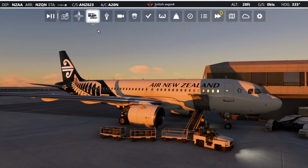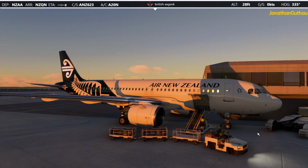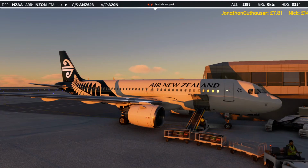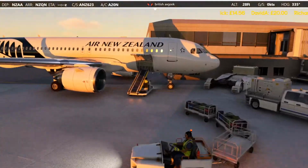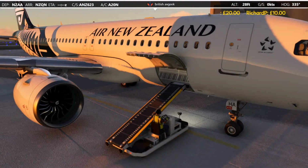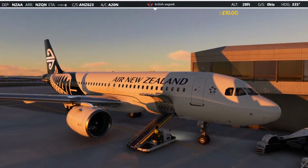And we can get rid of the baggage. There's now more to load, even though they've forgotten two of the sets of bags. Anyway, while Dave gets rid of the baggage belt over there and tries not to damage the airframe, we'll jump into